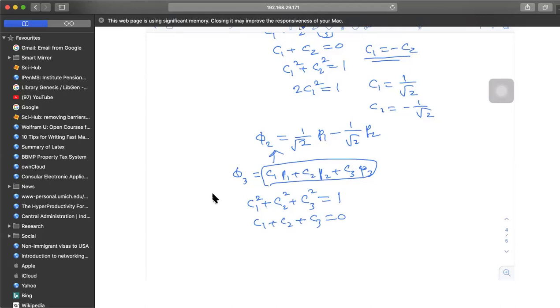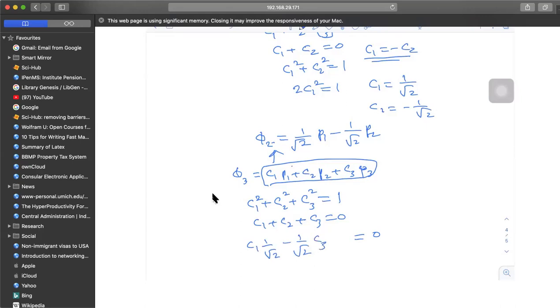You have to multiply phi 2 by phi 3 and integrate over the entire space, and the answer must be equal to 0. So if you did that, what you will get is C1 into 1 by root 2 minus 1 by root 2 times